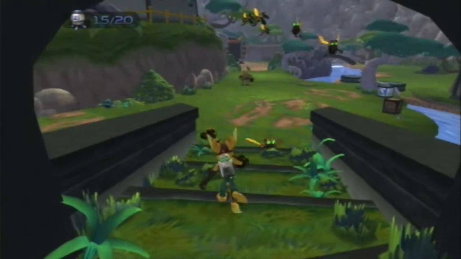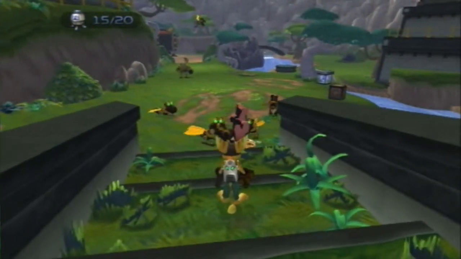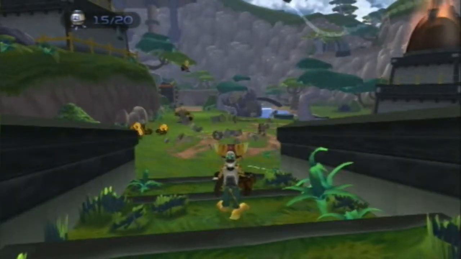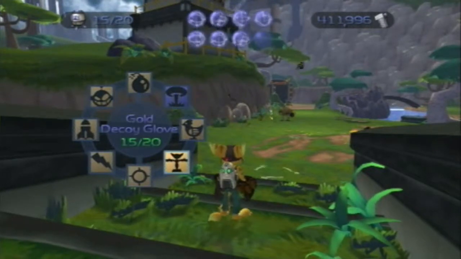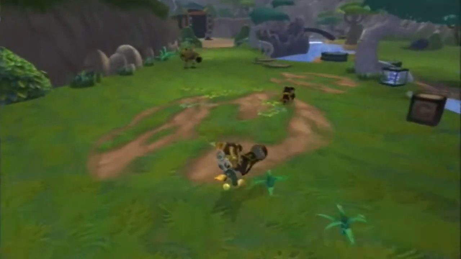The gold decoy glove will actually explode after a while of damage. He also takes a lot more damage, just like that. It's blown up. Okay, there's a few others that are not in the quick shot, but for now,